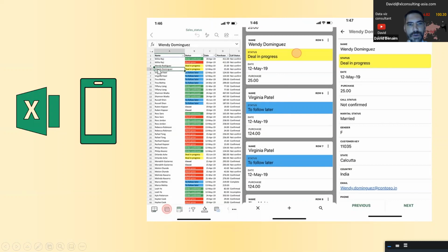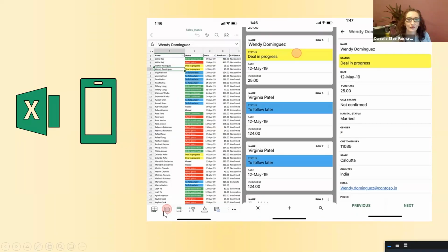So let's say that you want to edit this row of data. It's obviously not very conducive on a mobile to see an entire row. So you can switch to card view, which means you see these rows and you can expand each one for more details and then edit it in sort of a vertical portrait layout like that. And that will then edit it in Excel desktop, in the shared file.